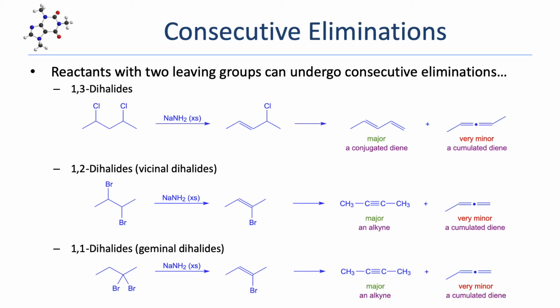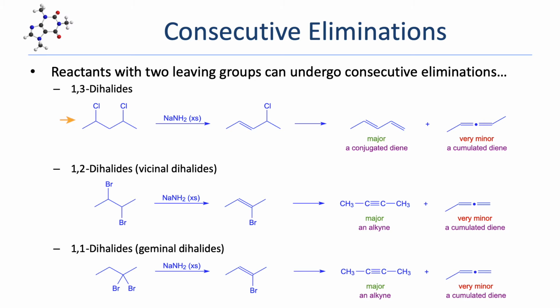Molecules that have multiple leaving groups can often undergo multiple consecutive eliminations. Let's take a look at what happens during consecutive eliminations on some commonly encountered dihalides. First, we have a 1,3-dihalide. Treatment of this reactant with an excess of strong base will initiate an elimination reaction involving one of those two